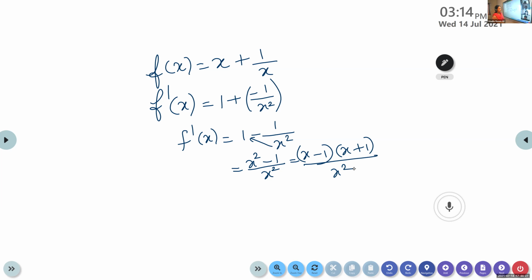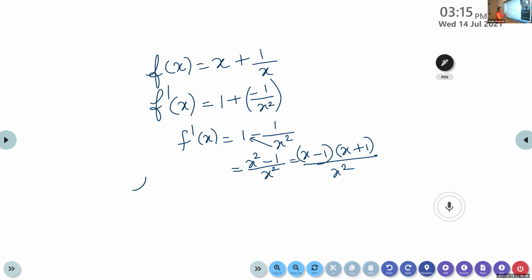So what we are doing here: given f of x, we are finding f dash of x. We express f dash of x as linear factors. What is meant by linear? The power of the variable is 1. Here we are expressing it as linear factors. Now, look here. We are not able to write it in the form of a whole square, isn't it? We can't say x square minus 1 is positive or x square plus 1 is positive. Here what you have to do?